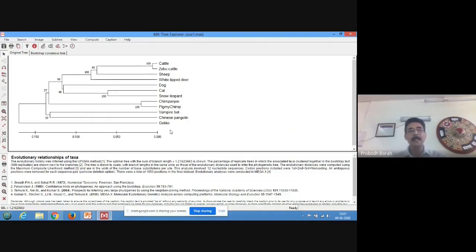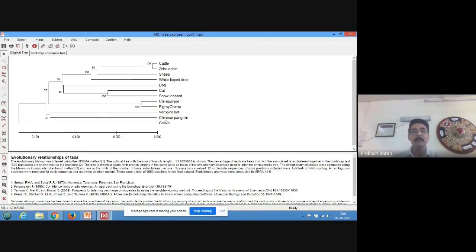You see, as we expected, Gecko and Chinese pangolin as well as vampire bat are separated clearly from other sequences. That indicates that the other sequences are more similar to each other than to vampire bat, Chinese pangolin and Gecko, as expected. Particularly Chinese pangolin and Gecko, we use them in the analysis as outliers. So they remain as outliers.